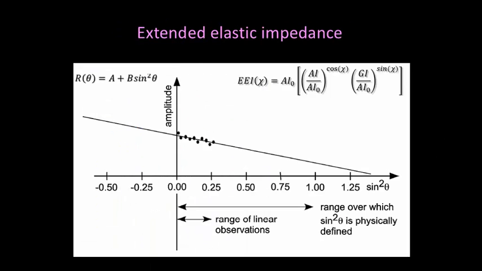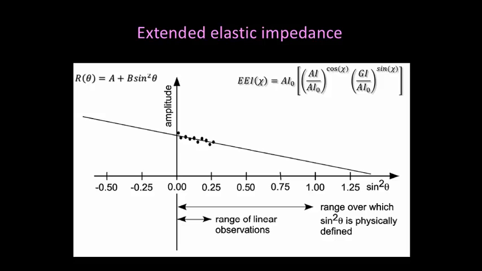Now, coming to extended elastic impedance, you are familiar with the two-term equation, the Aki-Richards approximation, and it has an expression like this: R(θ) is equal to A plus B sin²θ. Now, in extended elastic impedance, as was introduced by Whitcomb and others from BP, they had transformed this, and instead of the angle of incidence, theta, they made a change of variable, and the sine theta they substitute with tangent of this angle chi, and they transform the whole equation as what they call extended elastic impedance as a function of chi,